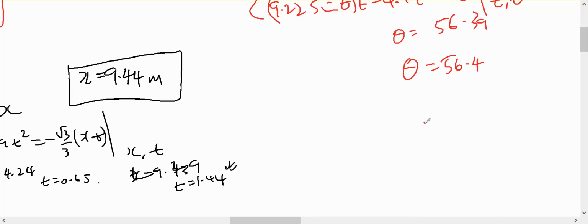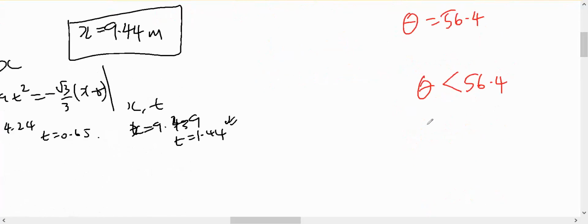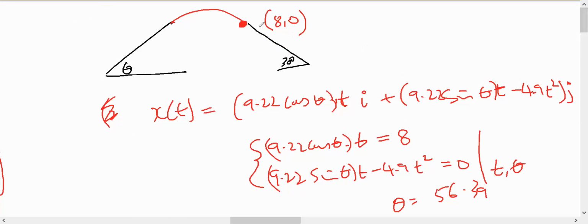Now my big question is, do I want theta smaller than 56.4 so that it lands, or do I want theta to be bigger than 56.4 degrees for it to be a safe landing? And it's all governed by what's going to happen with my x. So this bit has to be equal to 8. Now cos of 0 is 1 and cos of 90 is 0. So therefore the bigger theta gets, the smaller the cos gets. So I want